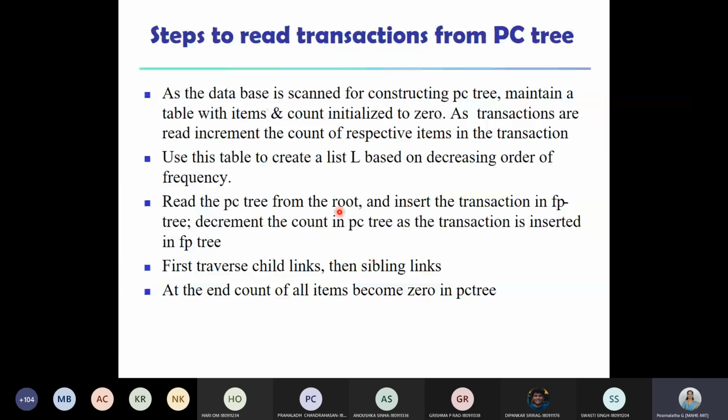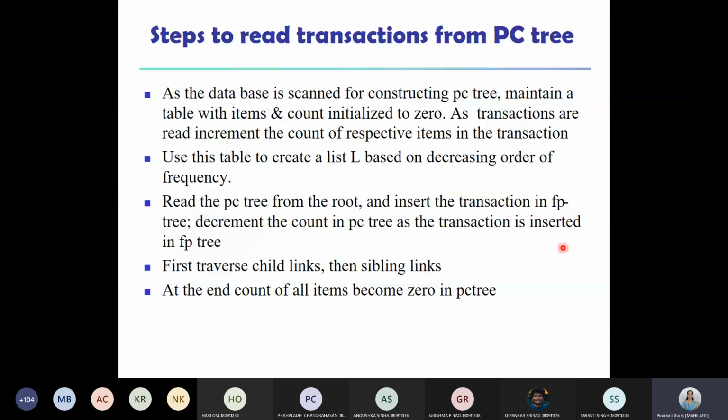When the reading of all the transactions is complete, the count of all the items in the PC tree would be equal to 0. It means that we have read the complete PC tree and we are able to get all the transactions from the PC tree, and insert all of them into the FP tree.